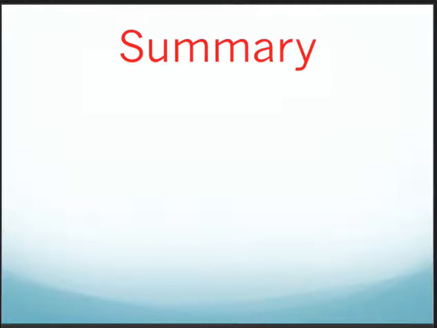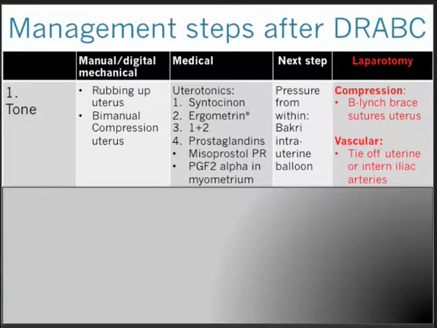So let's summarize now. Postpartum hemorrhage, after we have taken the usual steps of resuscitation, ABC, with particular focus on the circulation, we firstly will deal with the lack of tone of the uterus, because that's the most common cause of PPH. We can mechanically rub up the uterus or compress the uterus manually. We have a number of drugs available: syntocinon, ergometrin, a combination of the two, or prostaglandins, which we can administer